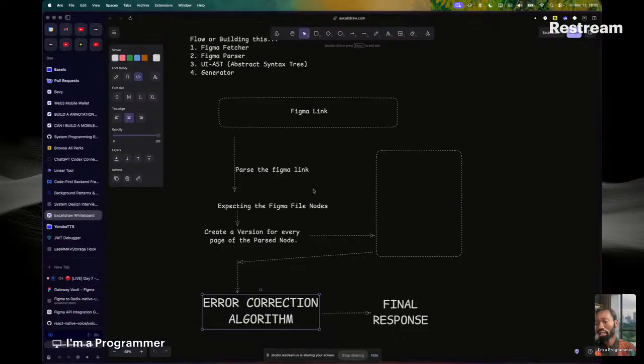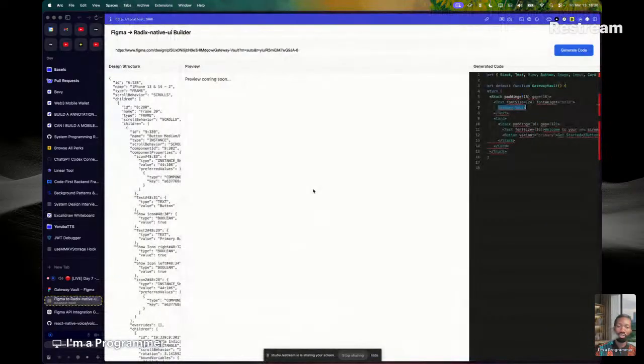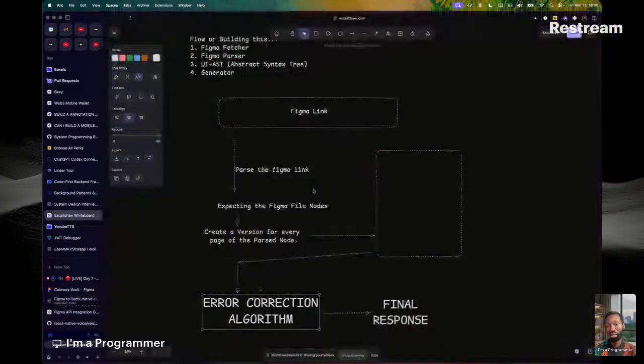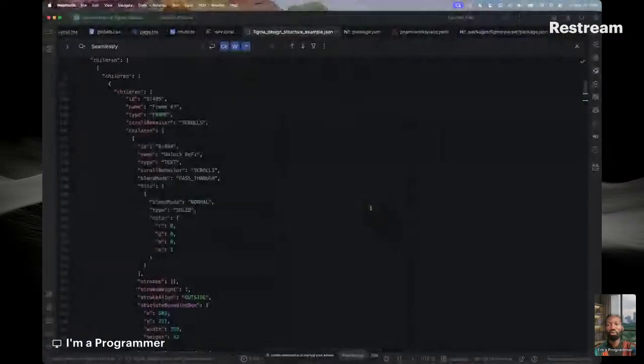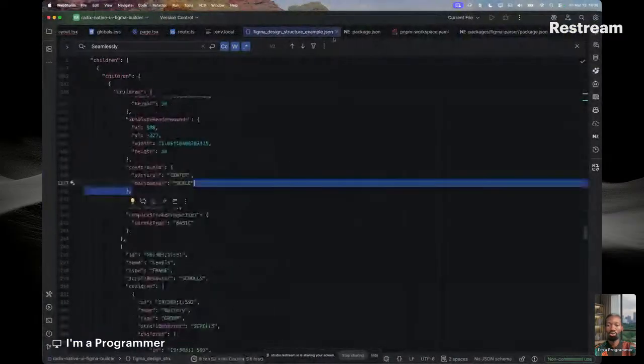That means I've done some of the things that are needed. So, for instance, the first thing is if I go back to this, you see we have the design structure. Remember when I started with the first video on this series, I said if you want to build this, you are going to have the nodes, which was expecting the Figma file nodes. So I have the complete node here,